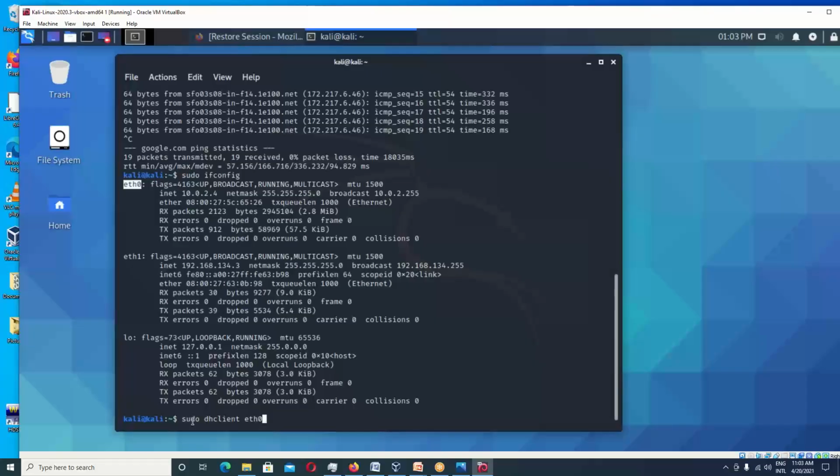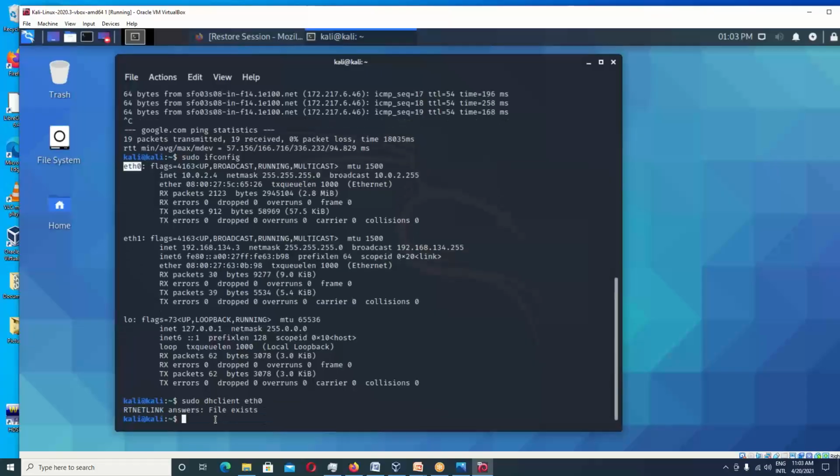So I'm saying, give me root privileges, give me a DHCP address to eth0, and then hit enter. It tells me file exists. That means it's already done that. But if you didn't have an IP address, that's the way to get it. If I wanted to check on wireless,